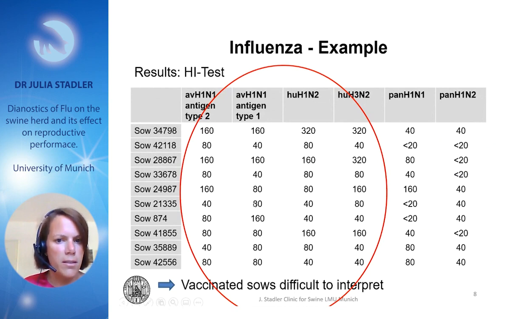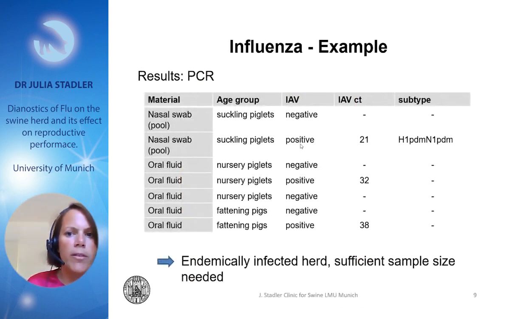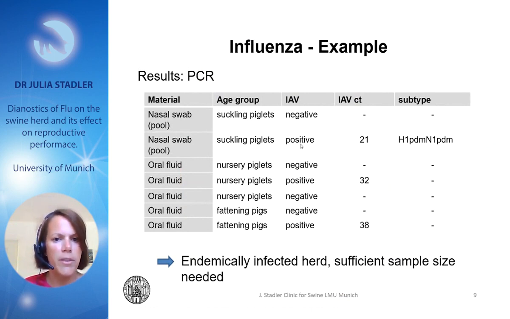So in this case, serology really gave us no indication that pandemic influenza might be involved in the clinical problem. However, we could identify pandemic H1N1 by subtype-specific PCR again. One sample was